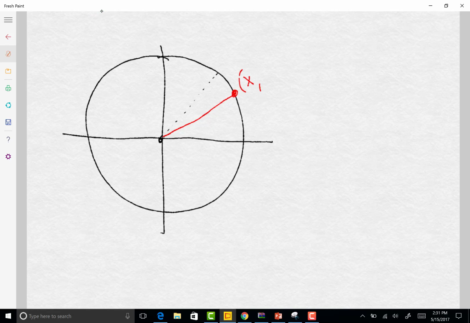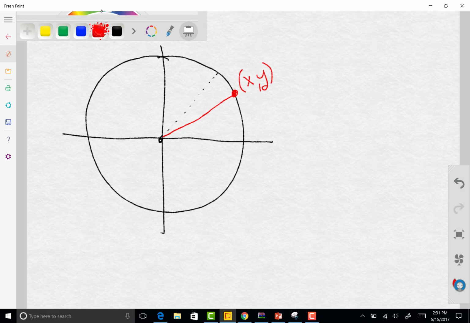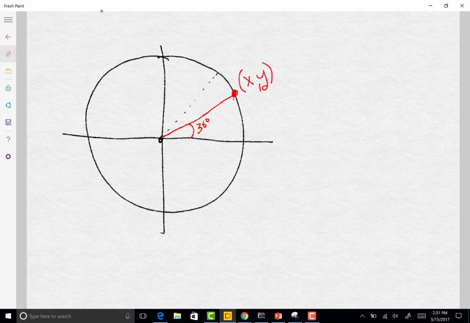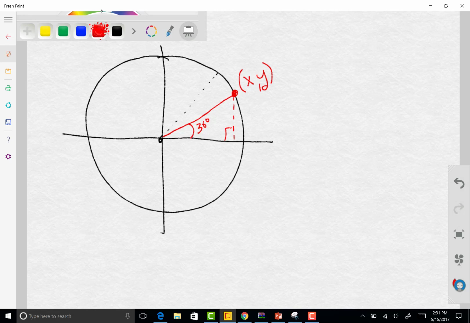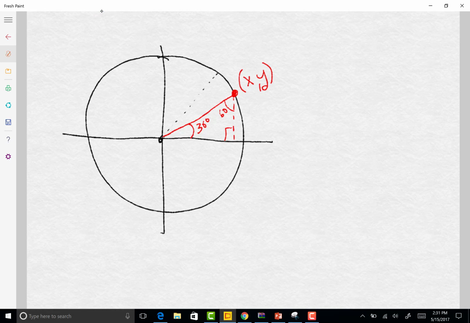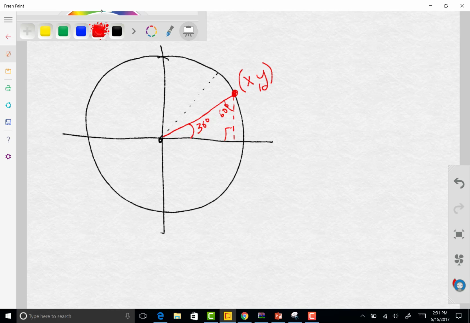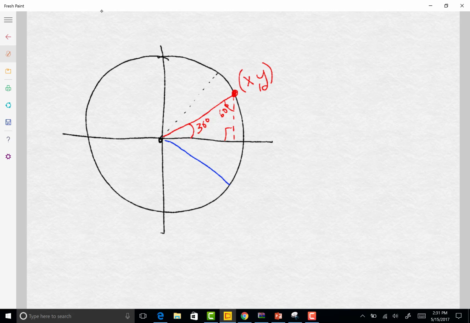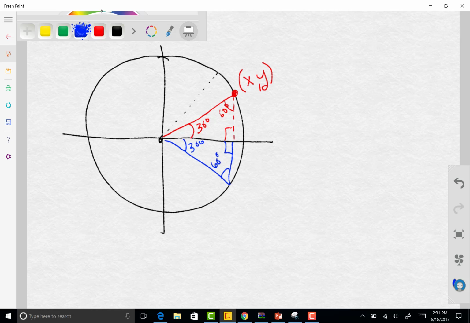So I want to look for this ordered pair that's sitting on the circle when I sweep out 30 degrees. The trick is I'm going to drop down and create a 90-degree angle here, which means this angle here would have to be 60 degrees because the total angles in that triangle should be 180. Now, if I draw a reflection of that triangle on the other side, so here's 90 degrees, this would be 30 degrees, so that means this would have to be 60. Here's my trick. If I pull that triangle out and I look at this separately,